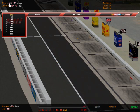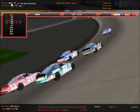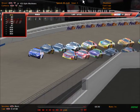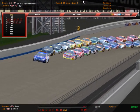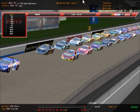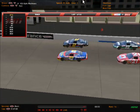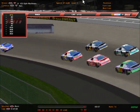Field lined up as they come off pit road. So the field lined up, come off pit road here as they come off turn number 2. They'll get the green flag this time, with Pontiac and Ford on the front row for today's event at Dover. Kyle Matthews has not won since the second race on the tour at Rockingham in the